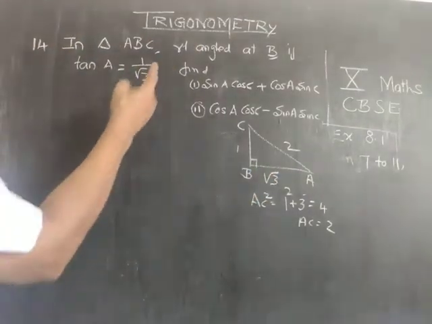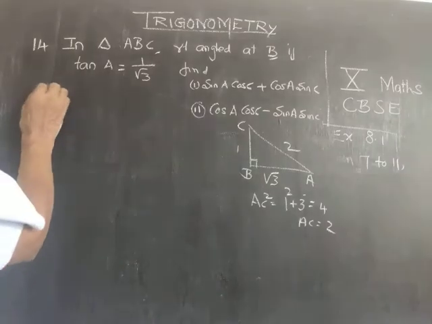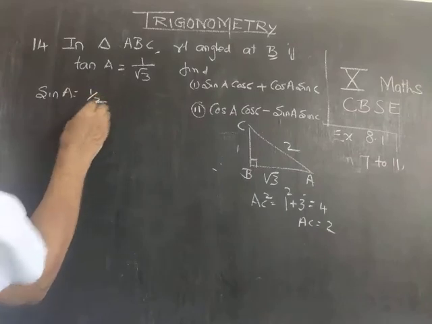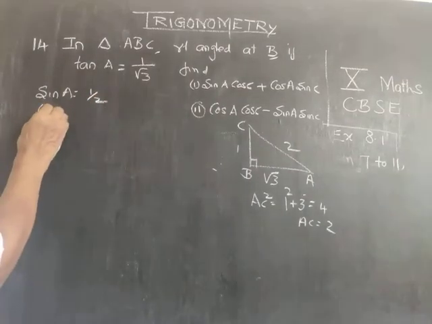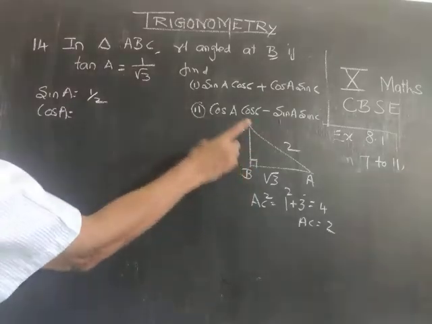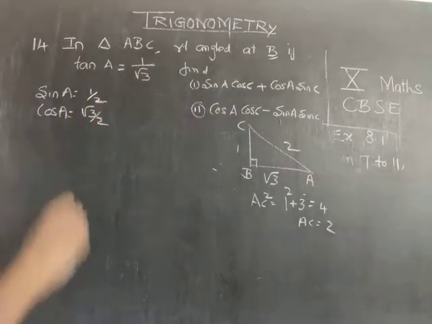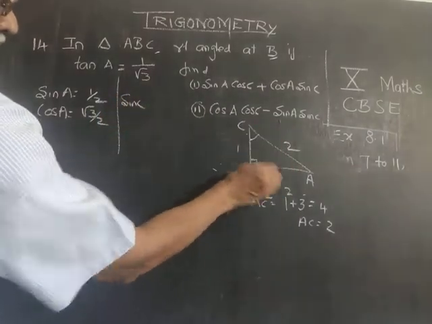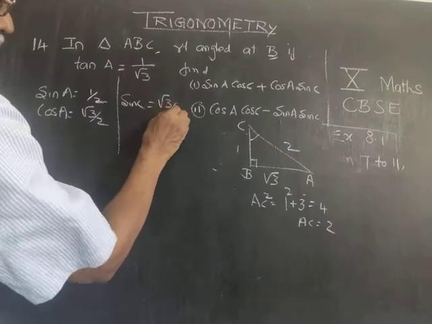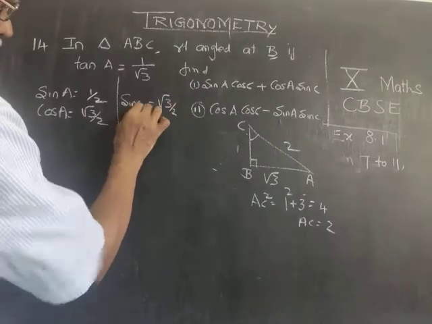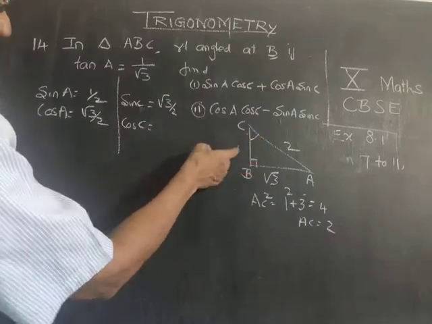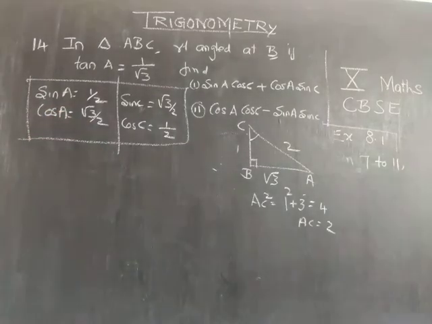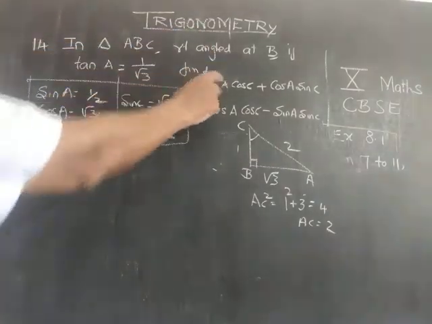Now everything we know, we can find out the value of sin A cos C. Let us just find out what is sin A. Sin A equal to opposite by hypotenuse. And cos A equal to adjacent by hypotenuse. Okay, what is sin C? Sin C is here, so opposite side is this, root 3 by 2. What is cos C? Cos C is adjacent. For C, this is the adjacent side, 1 by 2. So determine the value of sin A, cos A, sin C, cos C, which are the things needed for this.